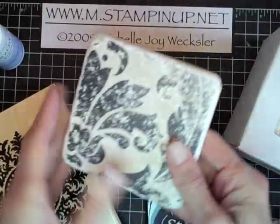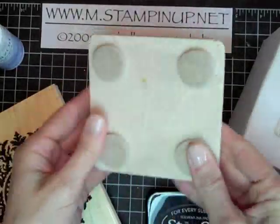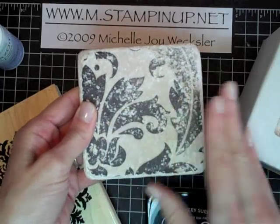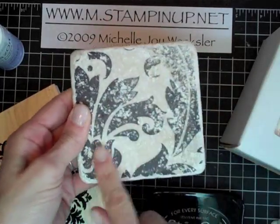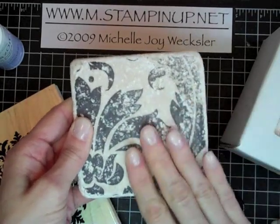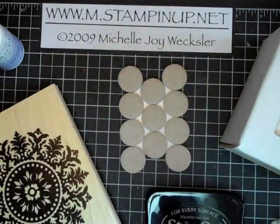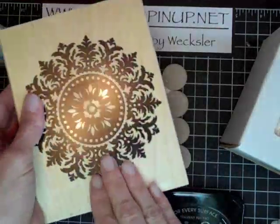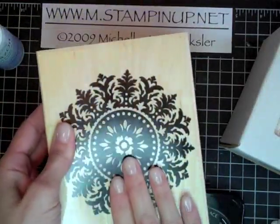Today's project is going to be a stamped tile coaster. This is one that I made and tested out to make sure that the technique was good. I made this one using the Baroque stamp from Stampin' Up, which is now retired. So today we're going to use the most popular Stampin' Up stamp available right now, which is the medallion stamp,